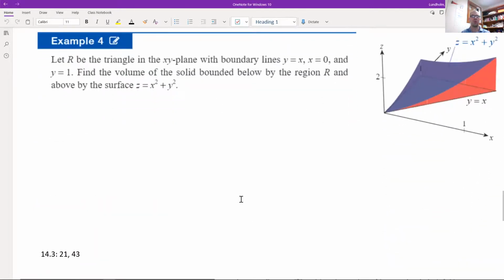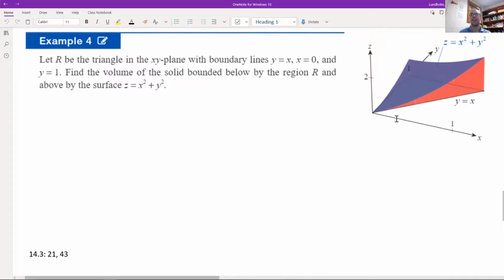And the last one for today, at least the last major example in this section of the text, is this one where our region is a triangle bounded by y equals x, x equals 0, and y equals 1. And we're finding the volume of the solid bounded below by this region and above by the surface x squared plus y squared. You may be saying, Dr. Lundholm,